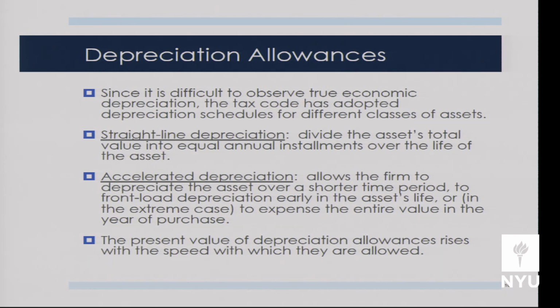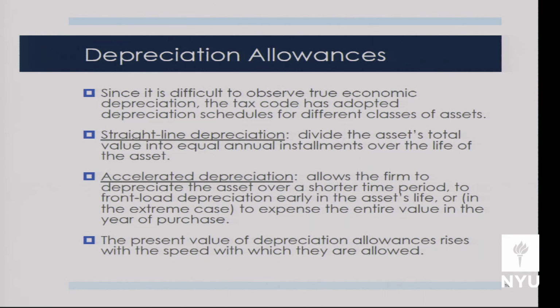Another way the government could structure the depreciation allowances is that they might choose to accelerate it, right? Partly because, like I said, computers lose value very quickly. You wouldn't straight line depreciate a computer. It falls very quickly in value. For a good like that, they might use front-loaded depreciation allowances, also known as accelerated depreciation. Say you buy a $5,000 computer, they might let you take $3,000 of depreciation the first year, $2,000 the next year, and $1,000 the last year. They're front-loading the allowances to reflect the way this good loses value.